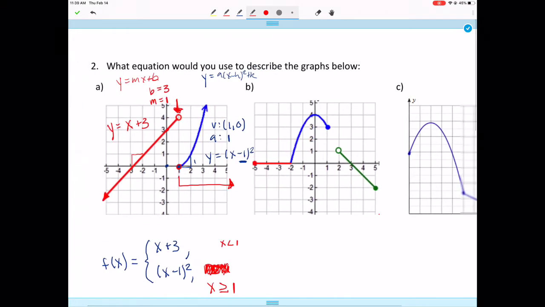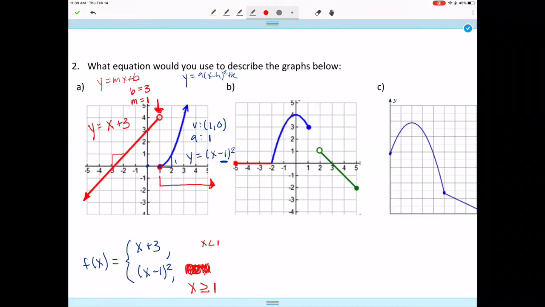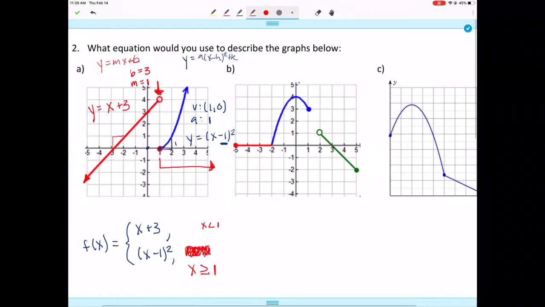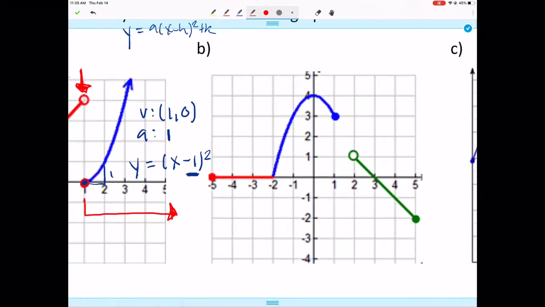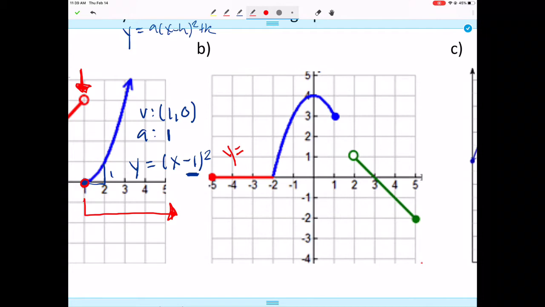Okay. Now let's do example 2b. So we have 3 separate equations, and we will want to write those down individually. So our first one, we'll do y equals, and you gotta remember that this is a linear equation, it's straight, okay? And if you want to, you can continue that on and find out what the y-intercept is. So here the y-intercept would be 0, okay, and the slope would also be 0. So for y equals mx plus b, you would end up just getting y equals 0 would be our equation